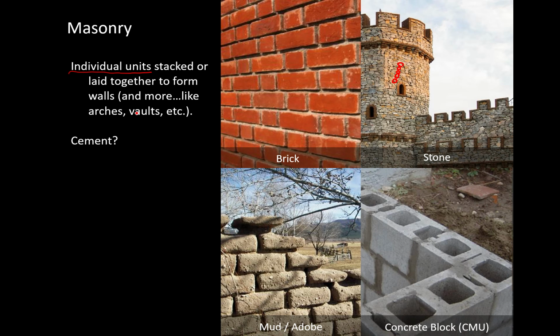And in addition to just plain old walls, they can form things like arches and vaults and domes. The idea of the glue or the cement, you can see this gray stuff that's happening in between the bricks here, right? That's a mortar that has cement in it. And you can also see some mortar here, and that's used as a glue to hold the bricks or the concrete blocks together. In the case of mud bricks or adobe, they're using more mud in between to glue the